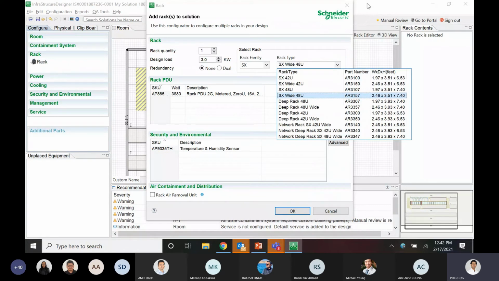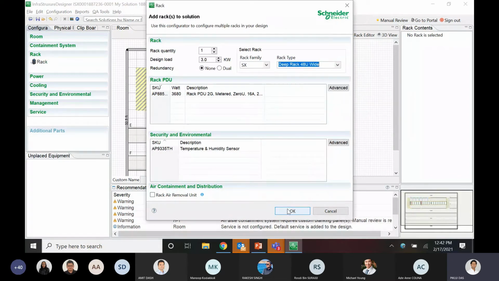So if you can see there, inside the containment we have all the 42U normal racks. So let me try to place some 48U deep, wide racks. So let's see what happens to the containment and also to the BOM, right?